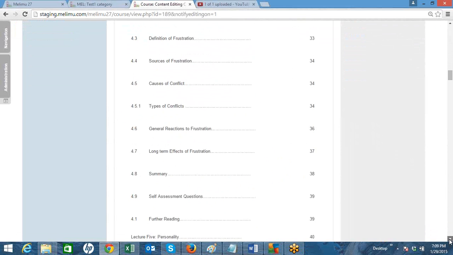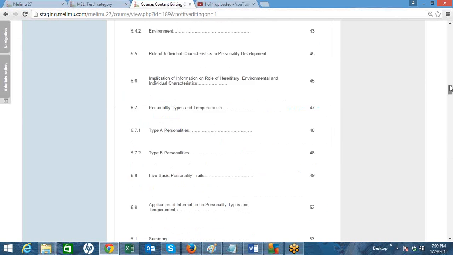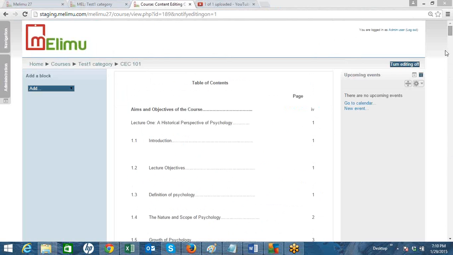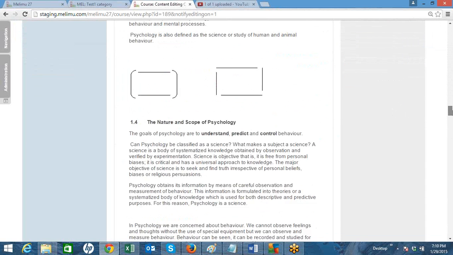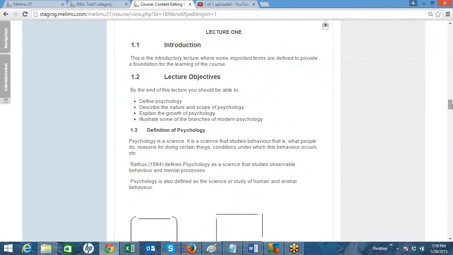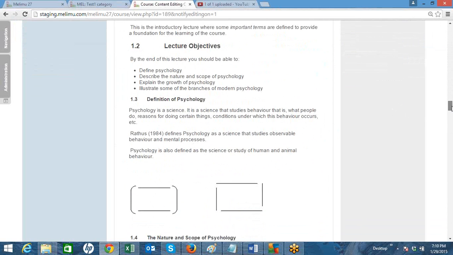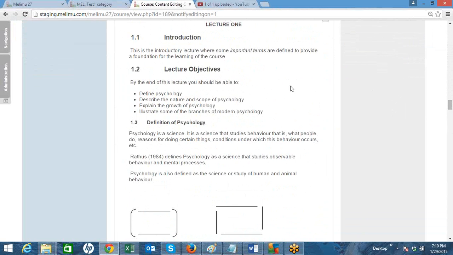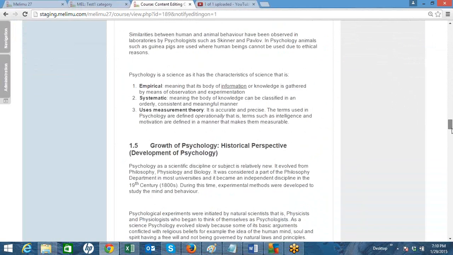You can see whether images are coming properly or not, or whether in place of an image a different icon is coming rather than the proper image. Once you have checked the formatting of the content, one more thing I would like to add: you also have to see whether the proper headings are looking correct or not, whether the main heading has been given Heading 1, whether the second level heading is given Heading 2, and so on.